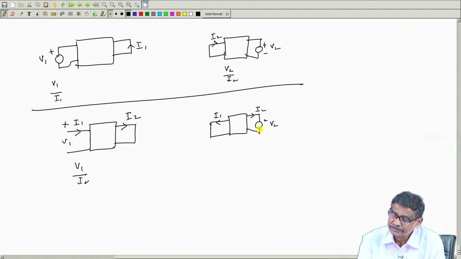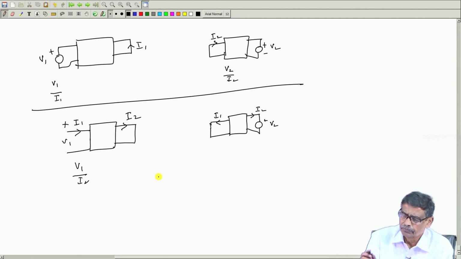Then this impedance V2 by I1, if you calculate and equate it to V1 by I2, that is not fair, that is not correct, that is what I want to tell. V1 by I2 is fine. So V2 by I1, in this way if you assume, that is okay. So, I think you have got the point. Any doubt? No, hopefully not.